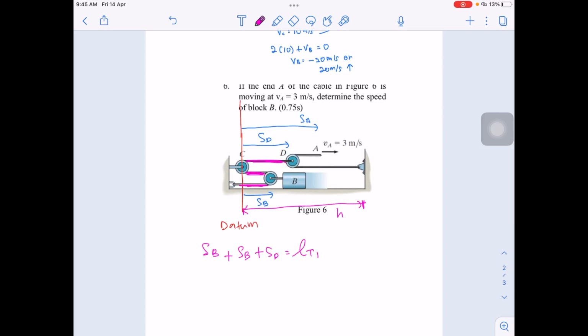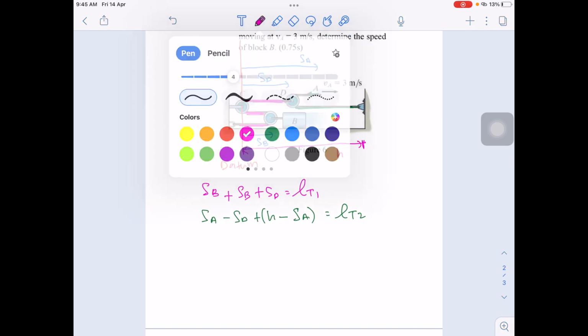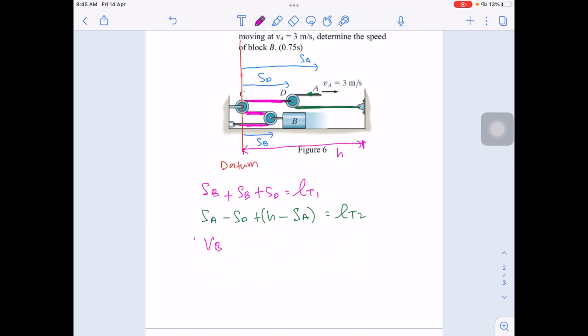Then the length of the second rope is SA minus SD. Then this length is H minus SA, which is equal to length of rope 2. Okay, we differentiate. So we get 2 VB plus VD is equal to